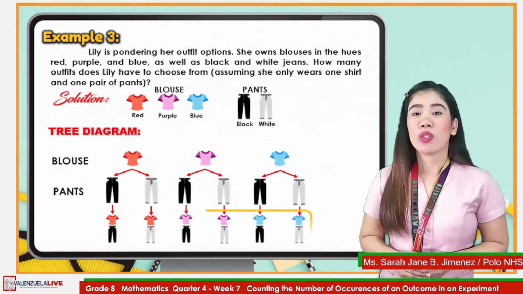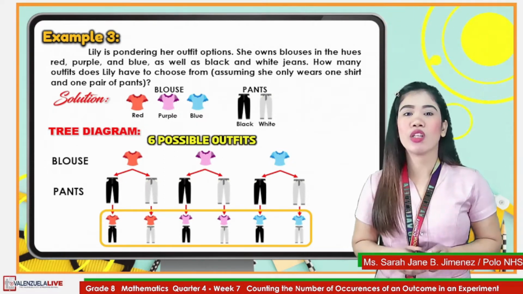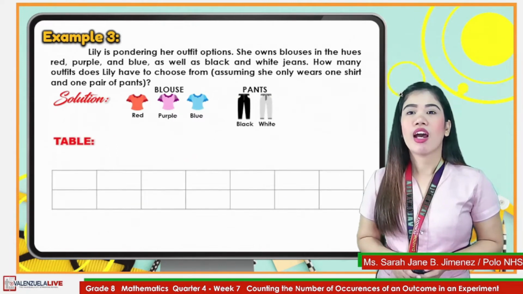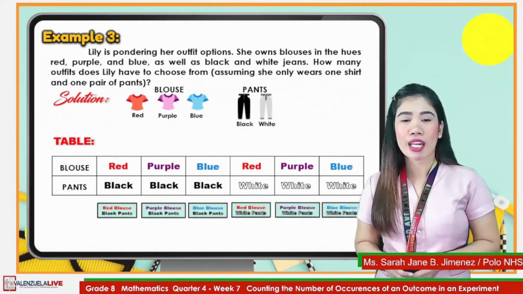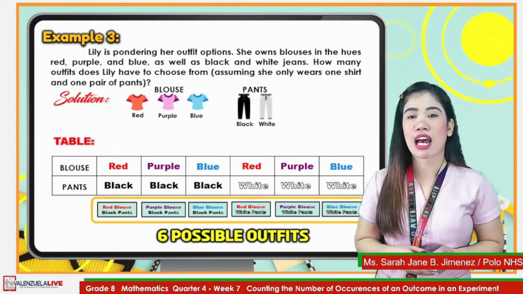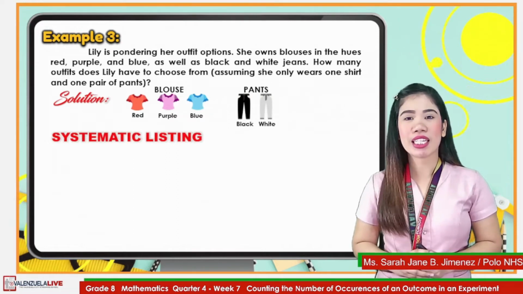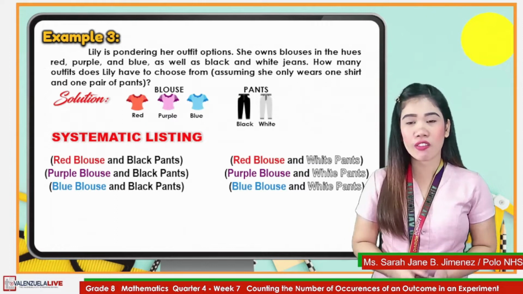Very good. Lily can have 6 outfits out of the 3 colors of blouses and 2 colors of pants. Using a table, as we pair the choices for the blouse and the choices of the pants, we still obtain the 6 outfits. And lastly, listing the outcomes systematically, we come down with a sample space consisting of